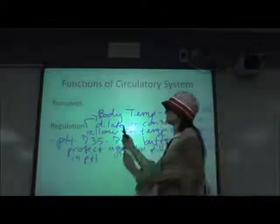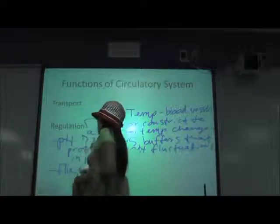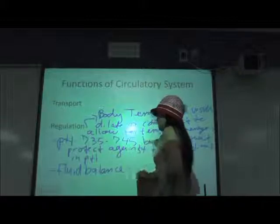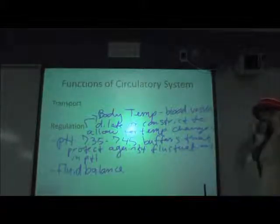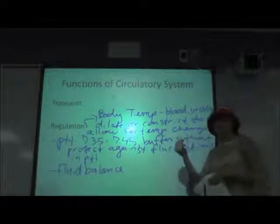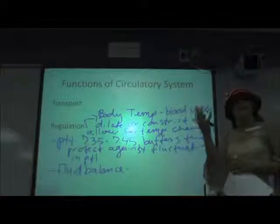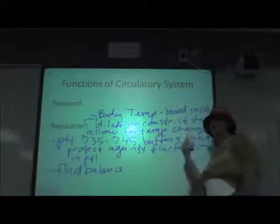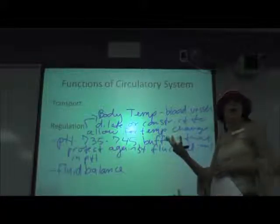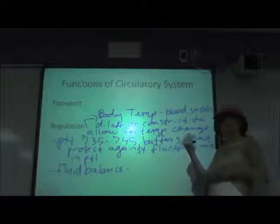And then the last thing that blood is going to help with regulation of is body fluid balance. We'll talk more about the fluid compartments when we get to the urinary system, but basically your blood has to be maintained within a certain level of viscosity or thickness. And if you get too viscous or too thick, we can pull water out of the intracellular fluid compartment, which is not great, so you're more likely to get thirsty and take a drink, but if need be, you can do that. We can pull fluid from the intracellular fluid compartment and bring it to